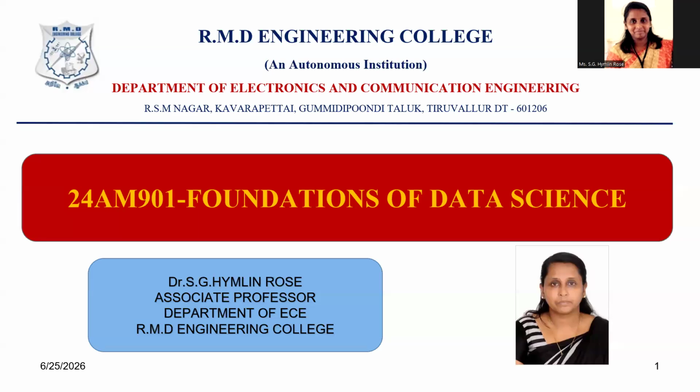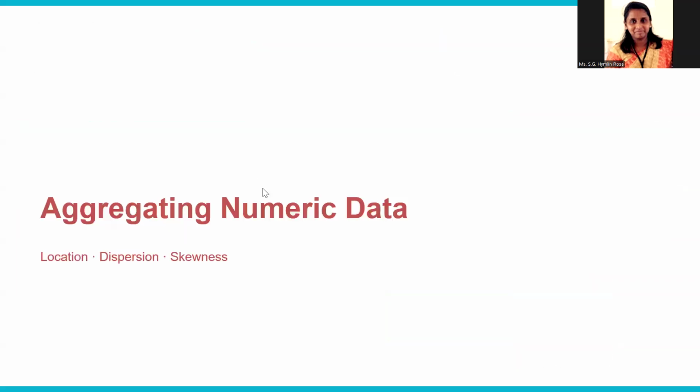Good day to all. Today we will discuss aggregating numeric data in the subject Foundations of Data Science. What are the ways in which we are going to statistically aggregate the data and summarize numerical data sets? The three most important pillars used for aggregating numeric data are the measures of location, measures